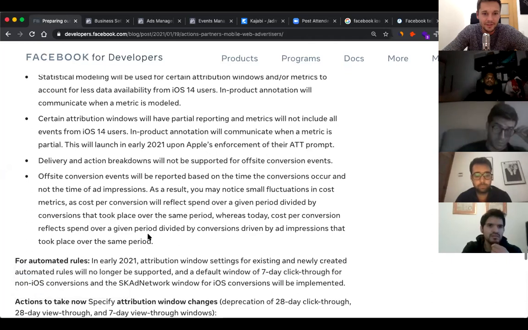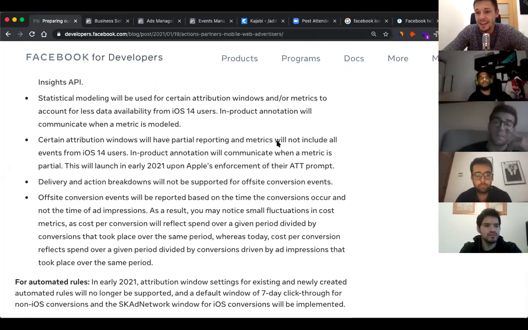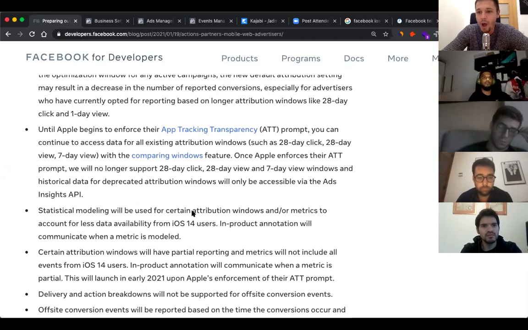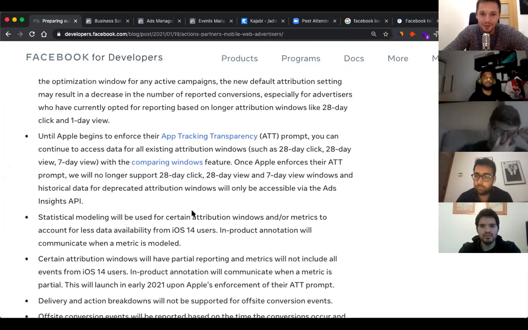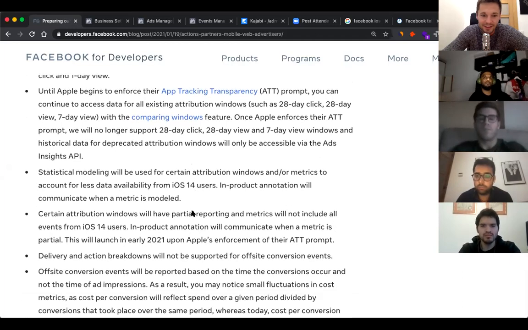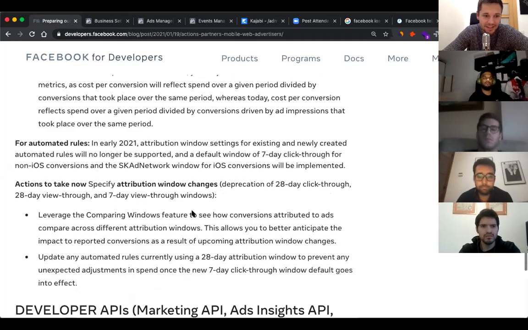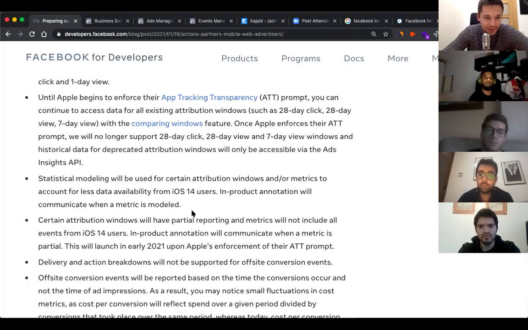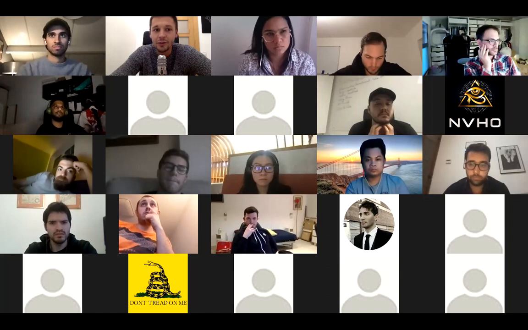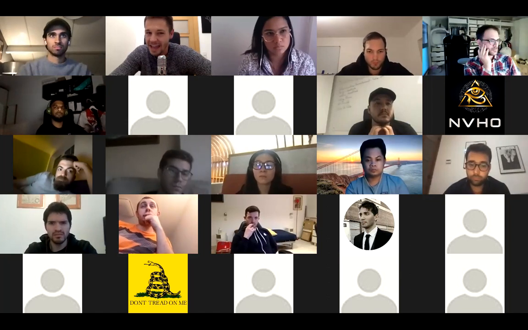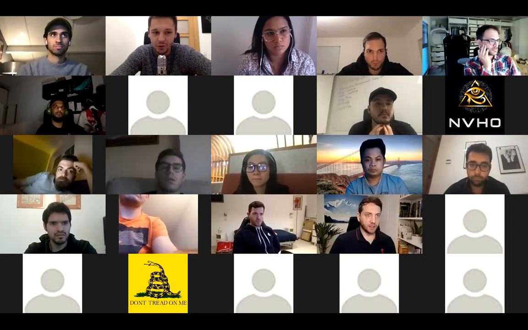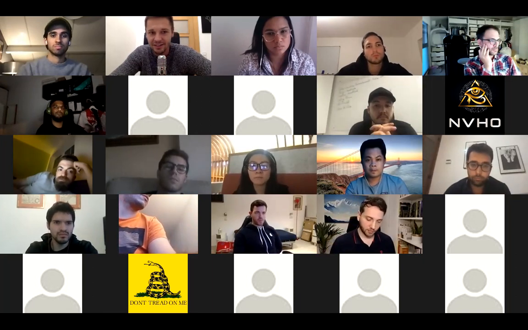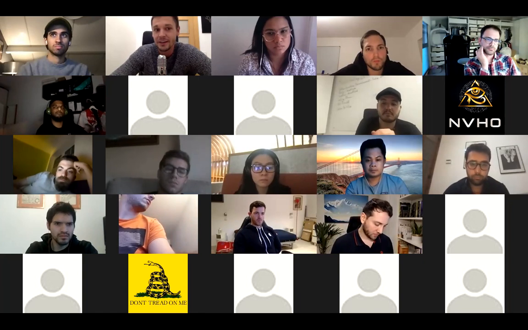And Patrick, do we know why? Well, for data protection, for privacy, but how this is going to help significantly more to protect my data, Thibaut, my friend, I don't know. Why exactly is this going to help significantly protect my data? It's a very good question. You see, delivery and action breakdowns will not be supported. And all of the good ones are delivery and action breakdowns. They're all the good ones, like age, gender, operating system. They're the ones that I typically use.